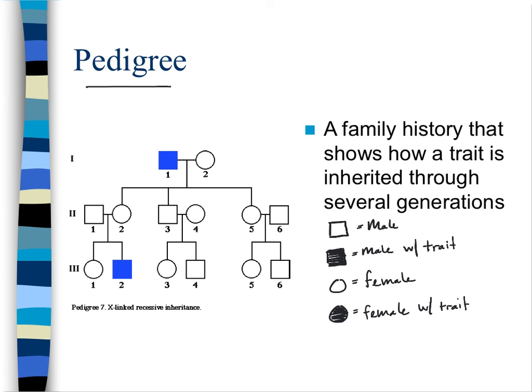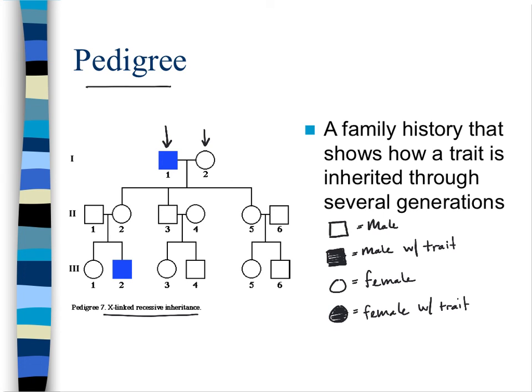When you're looking at a pedigree, the square individuals are males, and the circles are females. If you're looking at a specific trait, the people who have the trait are going to be shaded in. In our example, the people shaded in are the people who are affected with whatever this trait is. This happens to show an X-linked recessive trait,